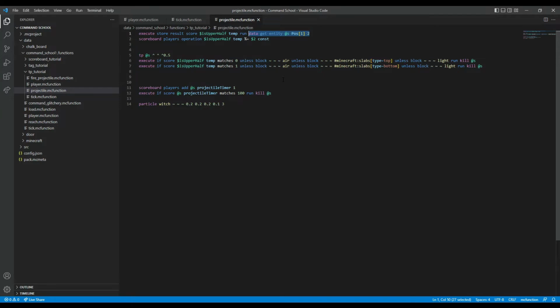And that's cool and all, but now I would have to check every single even and uneven number, and that's a bit much. So here I use modulo just like I did in my scoreboard tutorial, and I make it on a scale of 0 to 1. Ta-da! That's basically it. So now I can say, hey, if you are not in the upper half,